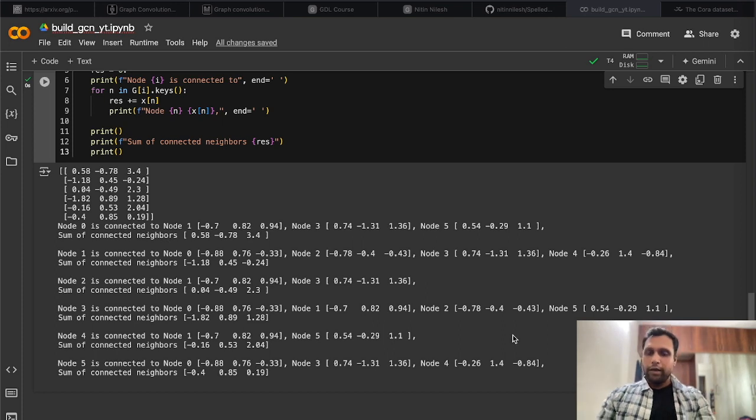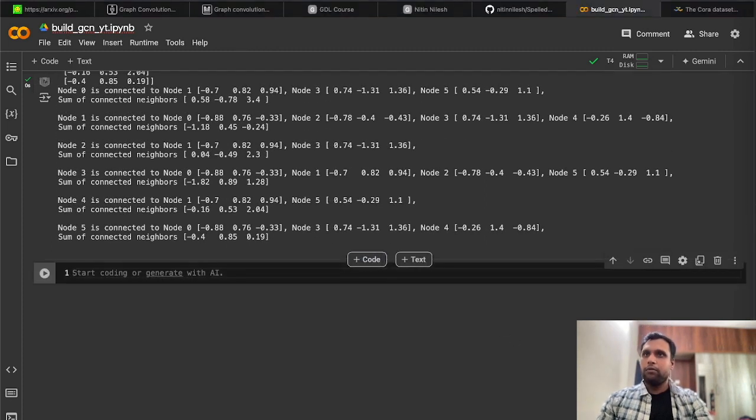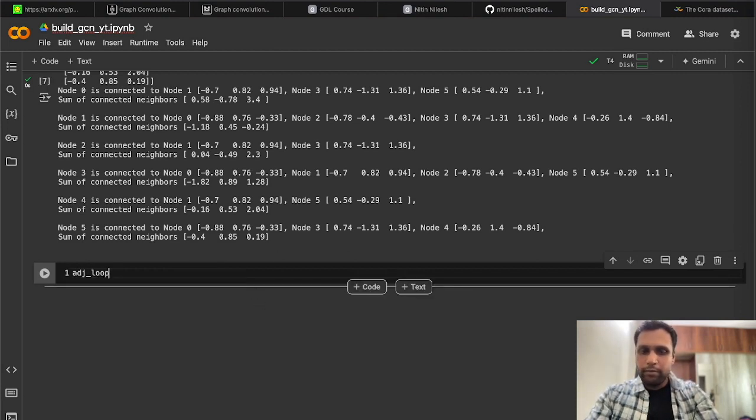Okay, so let's solve the first problem, that the node is not taking its own feature vector and is taking all the other feature vectors. This can simply be solved by adding a self loop to the graph. If I add a self loop, so that node 0 is connected to itself, then it will aggregate its own feature vector as well, right? Okay, so let's go ahead and do that. The simple idea is that I can say adjacency loop is nothing but adjacency plus